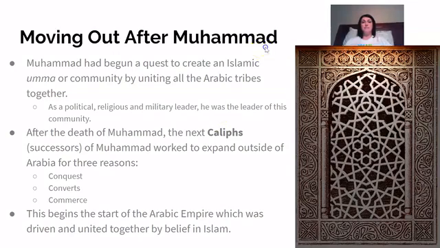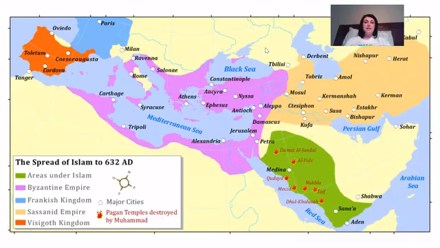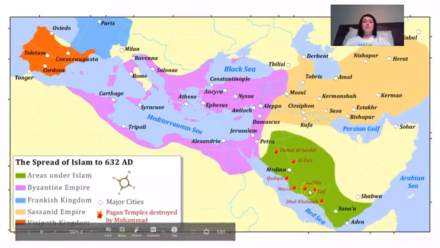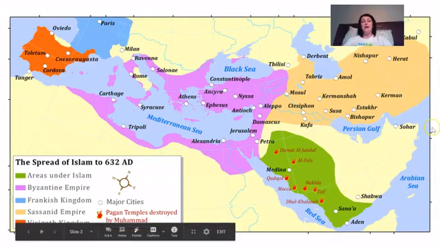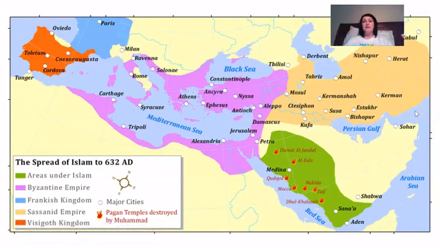So we are going to see a great deal of Islam spread as a result of commerce and through trade. Just to give you an idea of what we're looking at, the green here is the area that started out as the original Ummah, the uniting together of all of those tribes in Saudi Arabia, united under Islam. Up to the north, you have the Sassanid Persian Empire, and you have the Byzantine Empire above it. The Islamic Empire is going to conquer those areas and move all the way into Spain. Everywhere that this spread, the Islamic faith is going to spread with it.